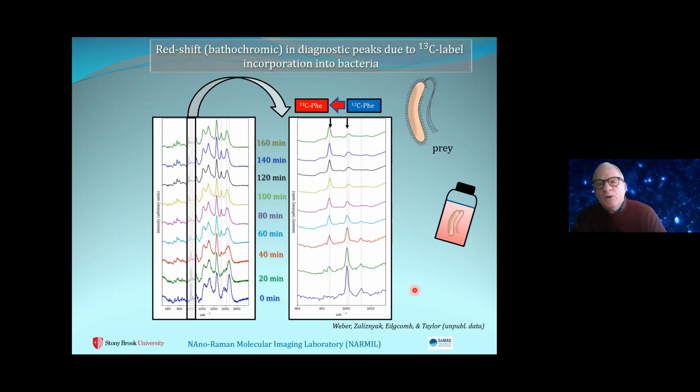If we look at the time course just for the prey, so that's what's being shown here, at the beginning of the experiment, again, focusing on phenylalanine only, here's the entire spectrum, but most of that information we are not using. Through time, we see the appearance of peaks that are redshifted. We see through time the disappearance of the isotopically light. And at the end of an incubation, we see that almost all of the phenylalanine is heavy.